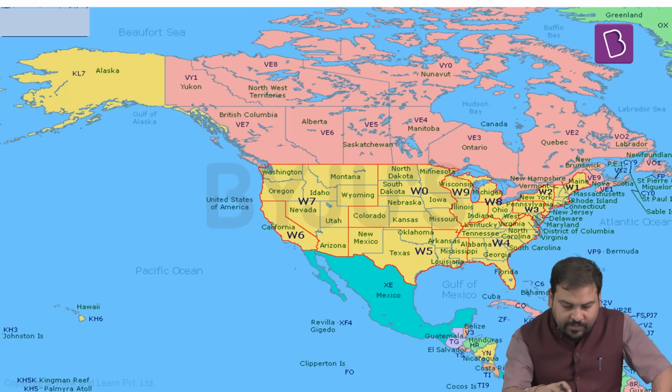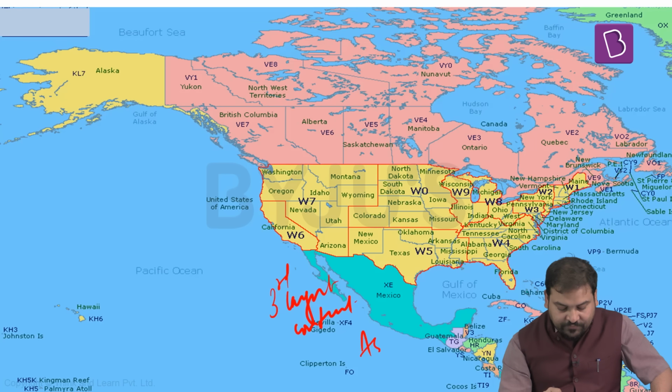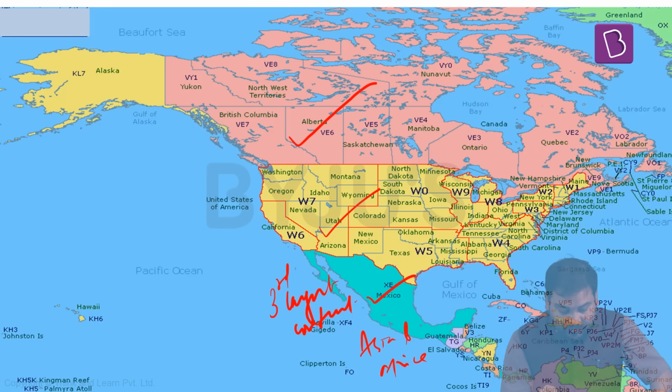Now, if you look at the political map of North America, this is your third largest continent of the world after Asia as well as Africa. Now, as you can see, the major countries of this particular block are Canada, the USA, and Mexico, and then you have other countries which you can see here in Central America, countries like Honduras, El Salvador, Guatemala, Belize, and then some other countries of this particular zone which we can group and call as your West Indies, countries like Cuba, Trinidad and Tobago.